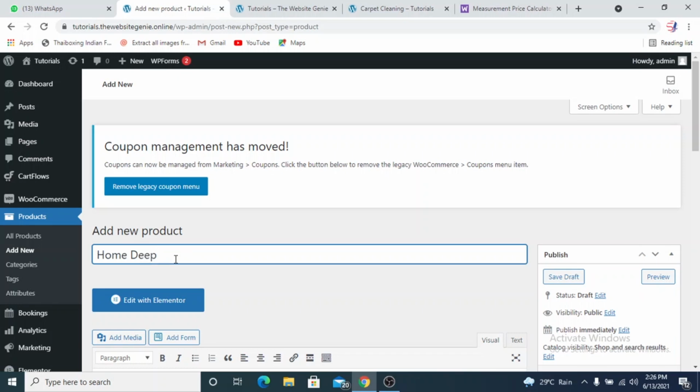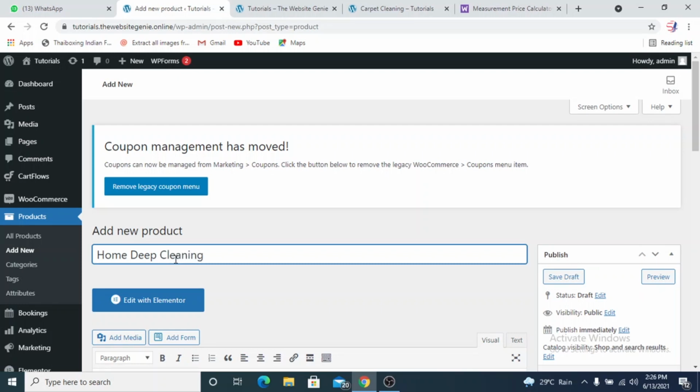I'll tell you why I'm adding home deep cleaning. Currently, because of COVID and all these kinds of things, there are lots of clients who are opening sanitization businesses. People are coming up with businesses wherein they go to people's houses and do a deep cleaning. They do a sanitization of their home. These are the kinds of websites which we are getting pretty frequently now. There are many people jumping into this business. That is why this home deep cleaning product came to my mind.